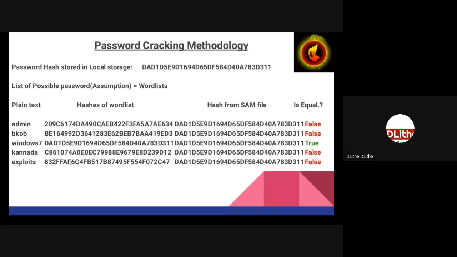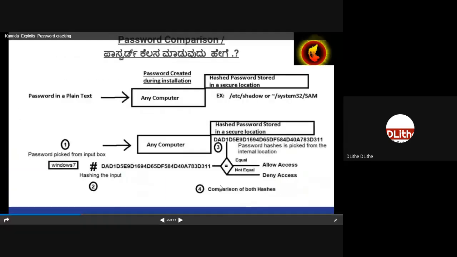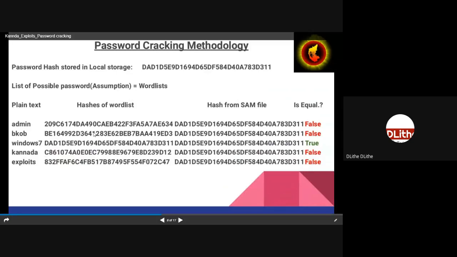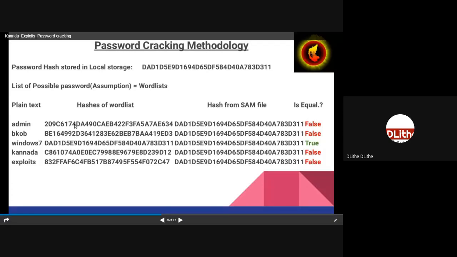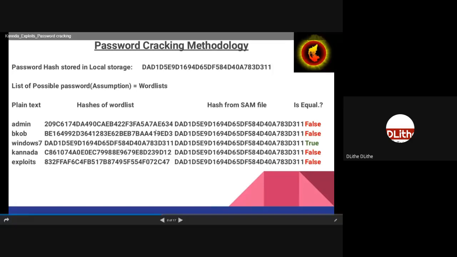So what I'll do next is, since now I have a table which has a list of possible passwords and a list resembling the hash value of each password, I'll compare the newly generated hash with an existing hash. Basically I'm doing the same process which happens in a system while logging in. Whatever comparison your system does, I'm doing exactly the same comparison, but repeatedly. So I have a table of various hashes generated from known passwords, and I'll compare my existing hash with the newly generated hash.